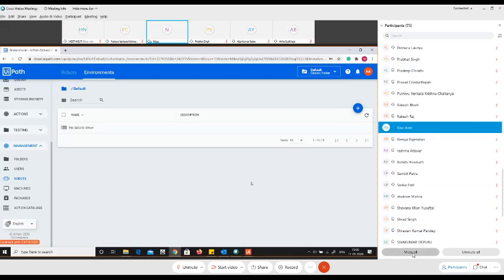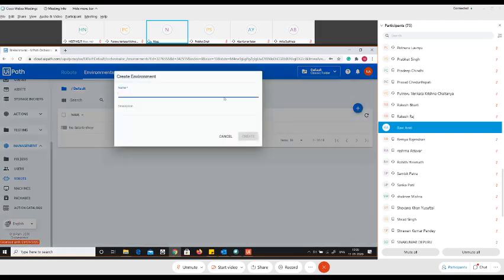Okay, so now as I was telling, you can have different environments. For example, you have IT, mechanical, civil, and so on. Each one of you can create your own environment, and then people can execute the robot in that particular environment. So in our case, I'll just create an environment. Let me give the environment name as IT, and let me go ahead and create it.